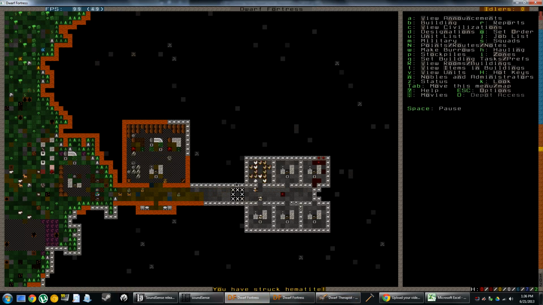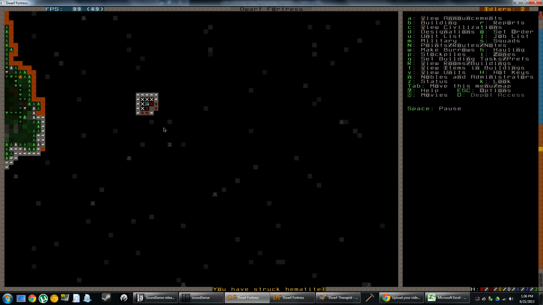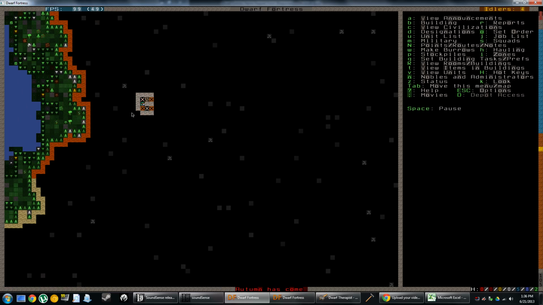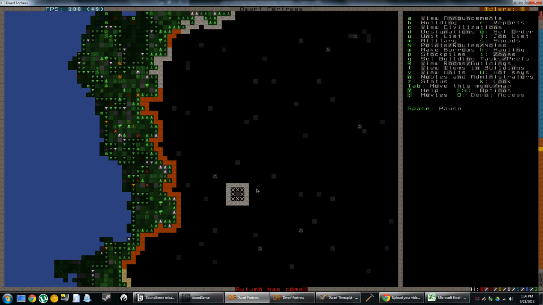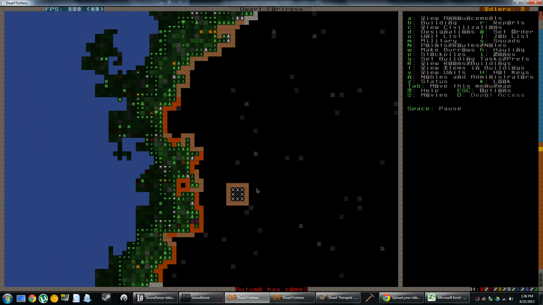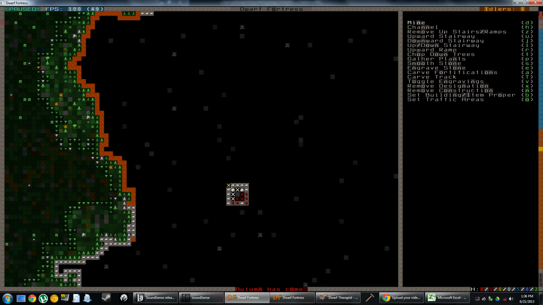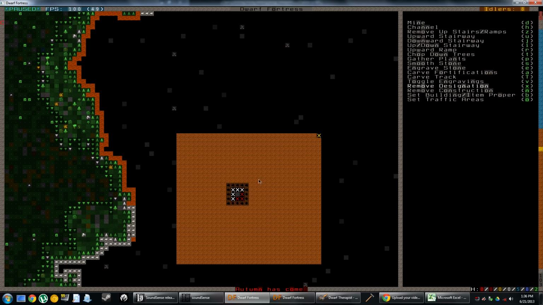Struck some hematite. I think we're digging upwards now. This is some more soil. Very easy and quick to dig through. Autumn has come. Shoot, autumn's already here, and we're not really that far into the digging and building process. So next, I want to dig out just like a big, huge room here. Although I'd really prefer for it to be